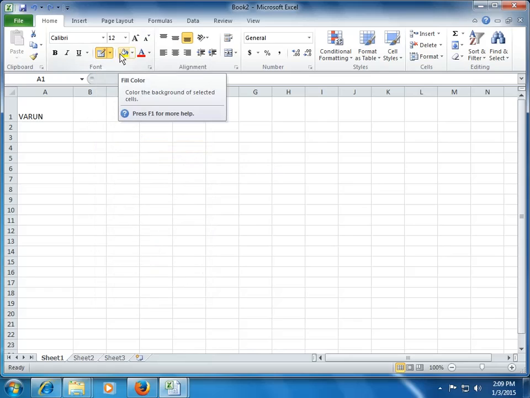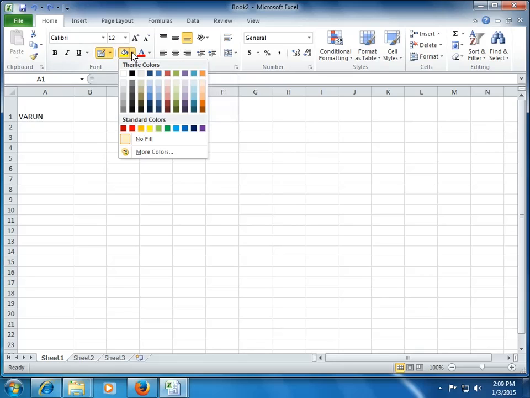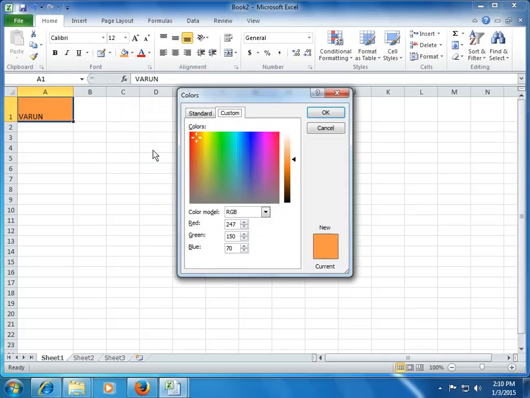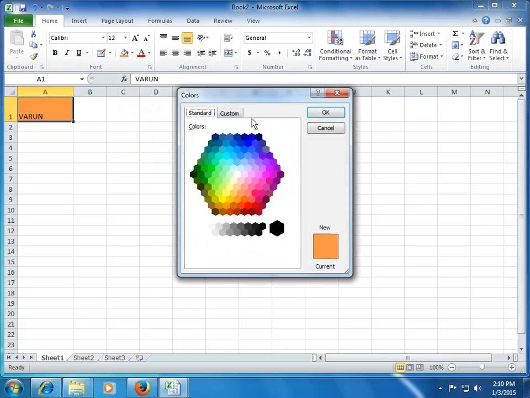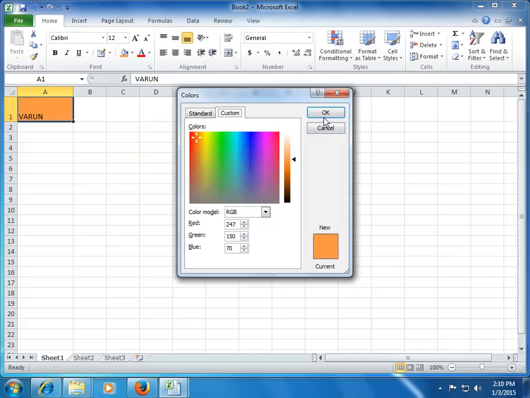Okay, the next important thing which we do in our Excel formatting is to highlight the cell or to change the font color. What I mean by highlighting the cell is when we use this drop-down, I can choose any color and you can see the live preview on cell A1. As I am moving my cursor to different colors, I can see that the cell is filled or highlighted with the given color. It's not necessary that I choose the default colors given here. I can also go to More Colors and choose any standard or custom colors from here.